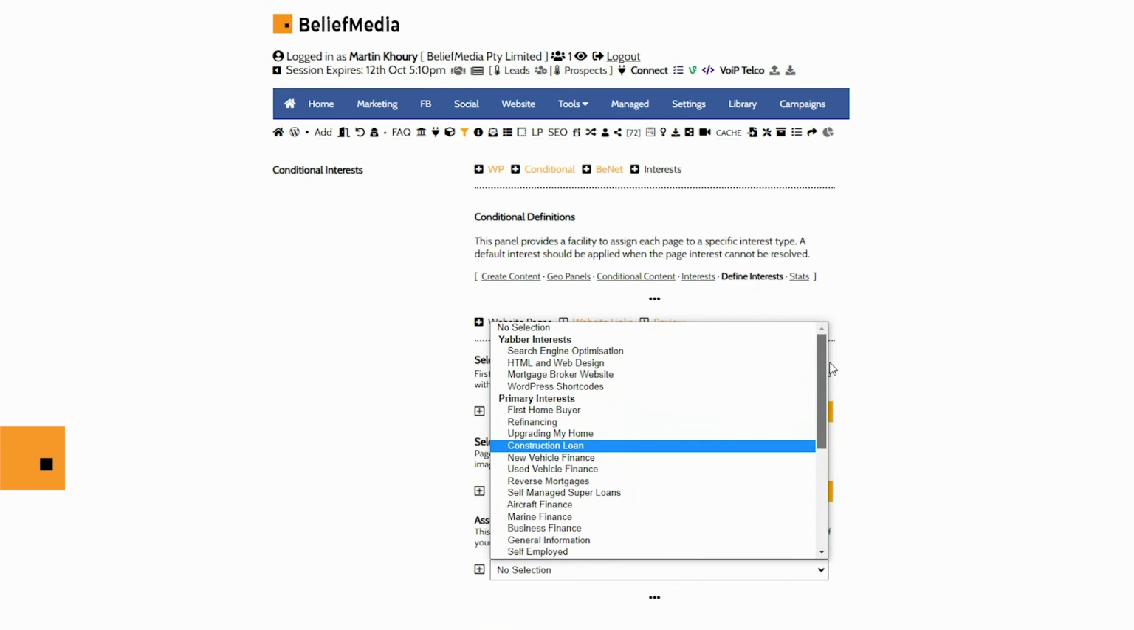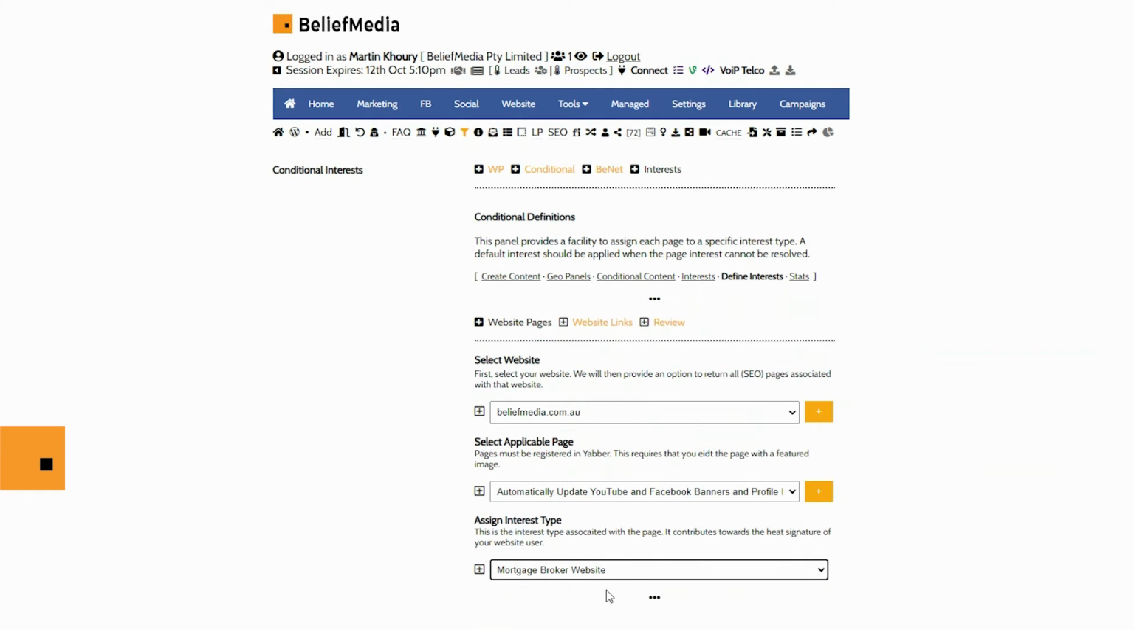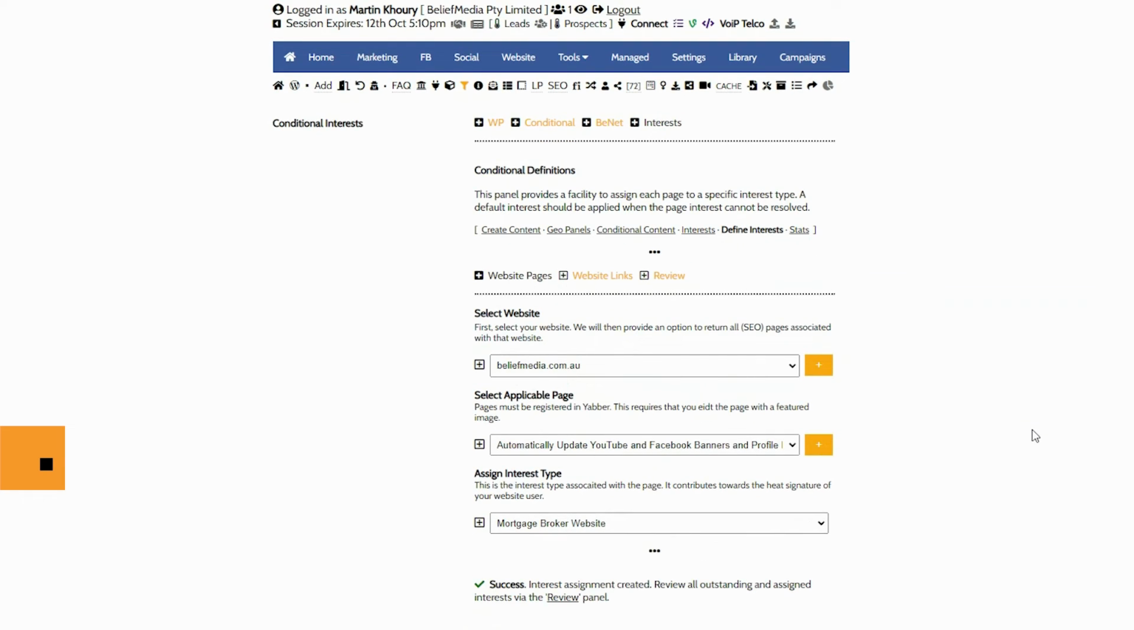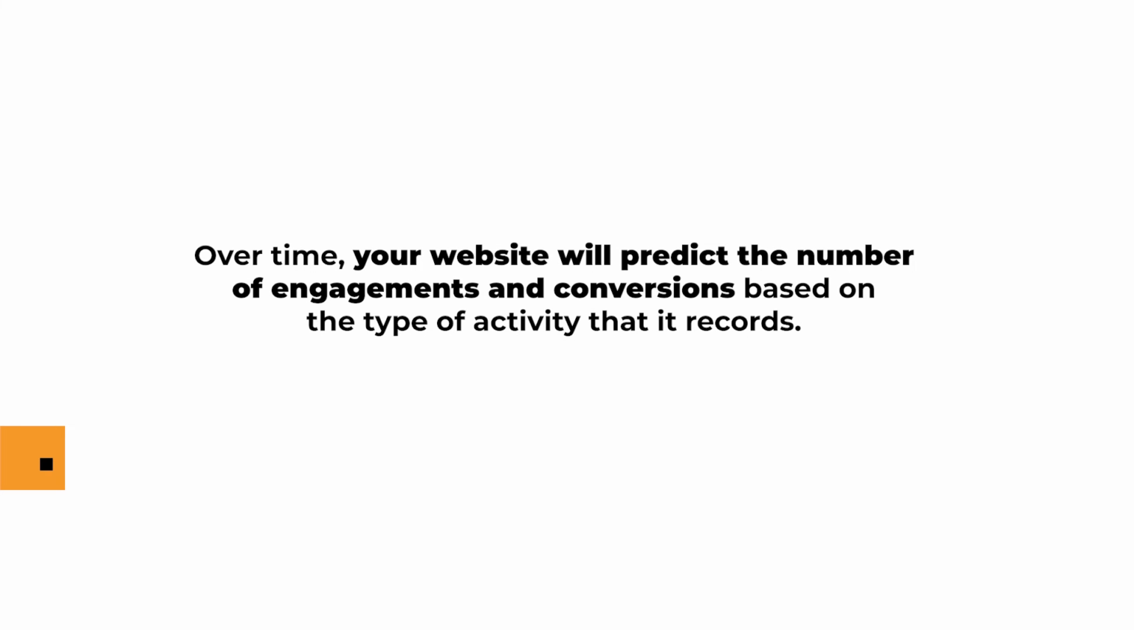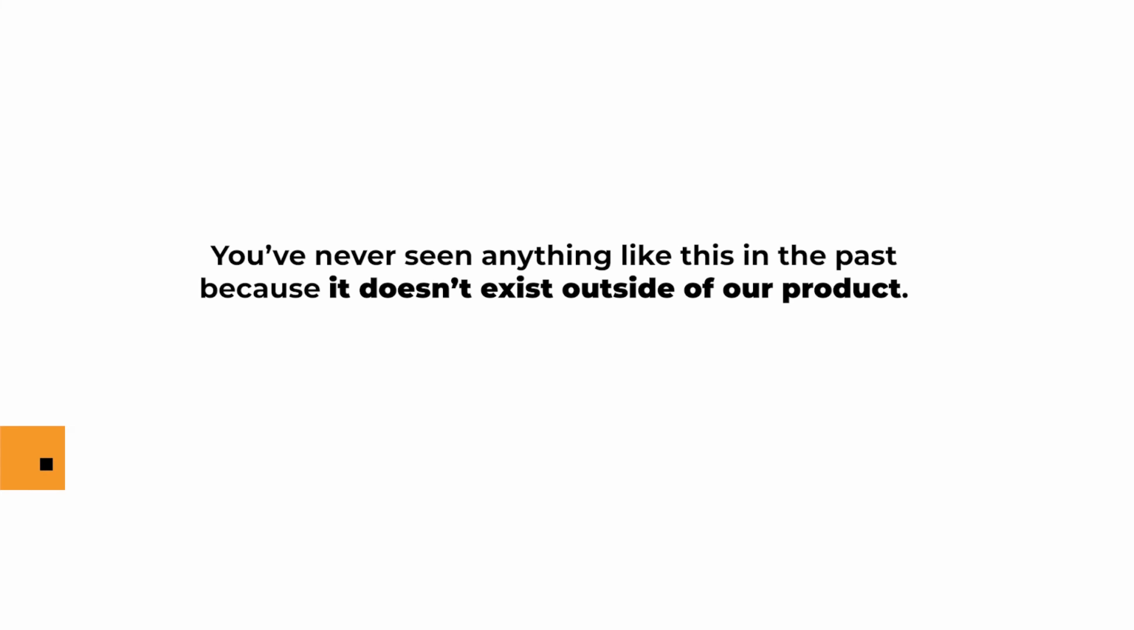Discussed in another video, each incremental interaction helps us learn more about the user, and Yabber slowly starts to develop a very clear picture of what pathways or funnel pressure is used to convert a client into a telephone call or booking. Over time, your website will predict the number of engagements based on the type of activity that it records. Now, you've never seen anything like this in the past because it doesn't exist outside of our product,